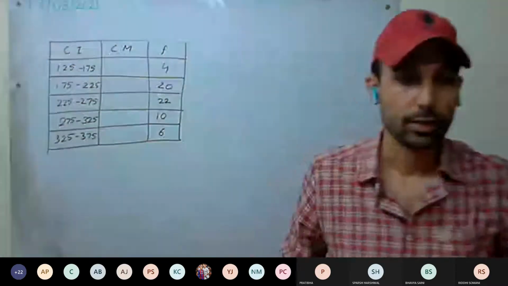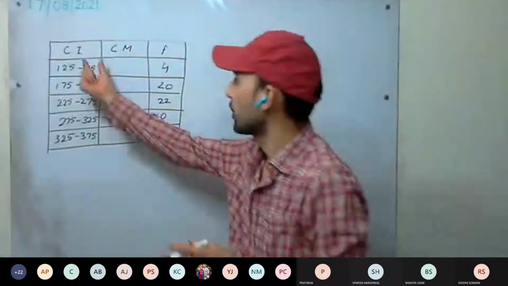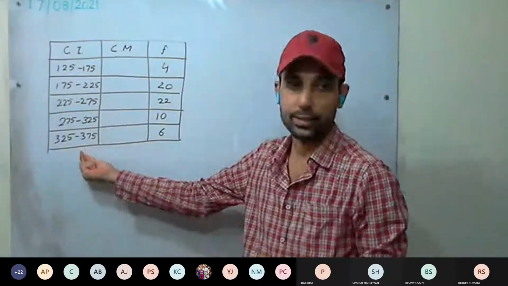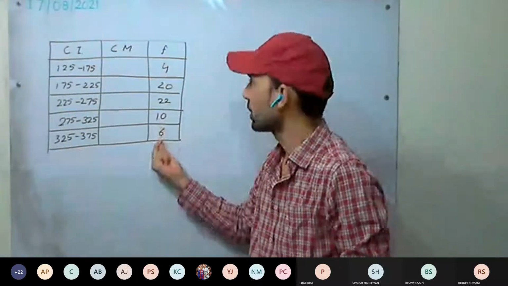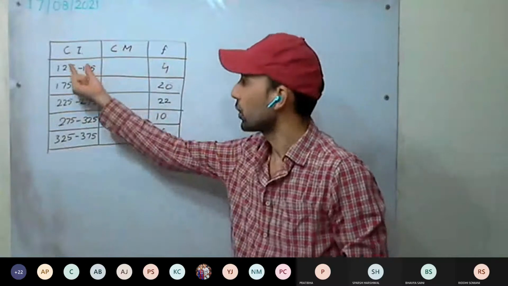So these are the daily wages of the workers, and these are the number of workers getting those wages